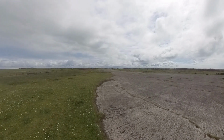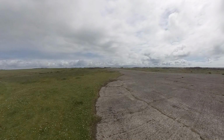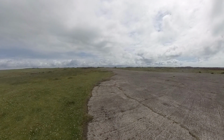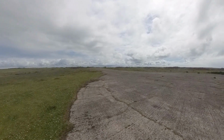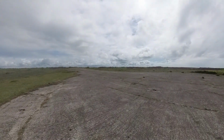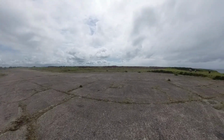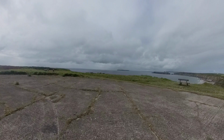We've now got to Dale airfield, airstrip, quite a large area of land here. I'm told that the airfield was used in both World Wars, World War I and II. Hopefully now it's a haven for wildlife, but you can still see, as I'm walking along it, the concrete slabs that were put down there when it was originally built. And obviously you get a good run in from the sea with no